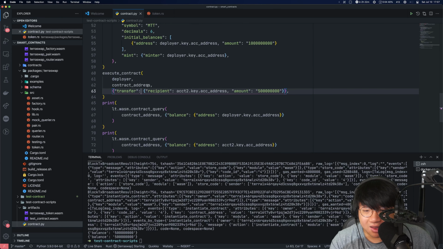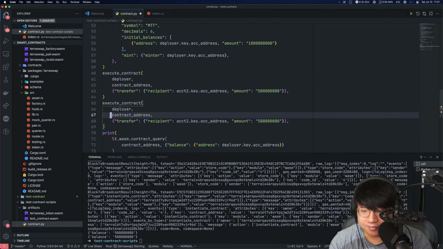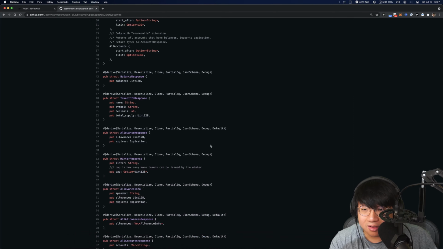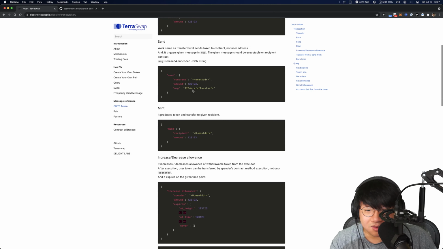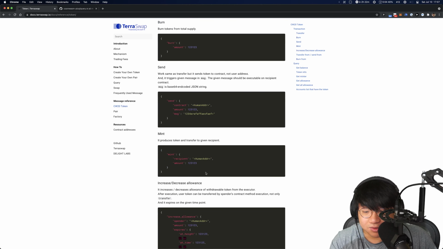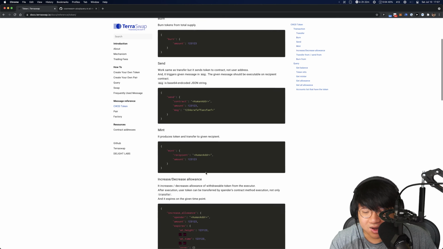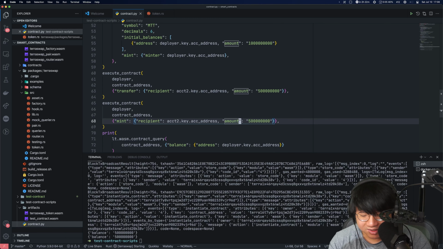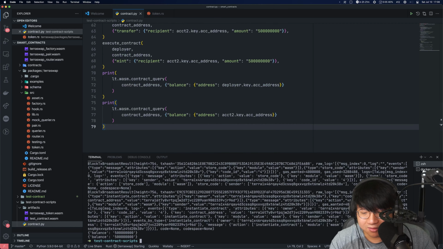So what we want to do is after we sent it, we want to mint again another 500. So let's do that. So instead of that, I'm just doing mint. And how does the mint look like? What does the mint operation look like? Here we go. So we can actually mint to a recipient, but the recipient should be ourselves, and the amount is the number of tokens that we want to mint. So yes, I think it's the exact same parameters instead of transfer. So let's try this out.